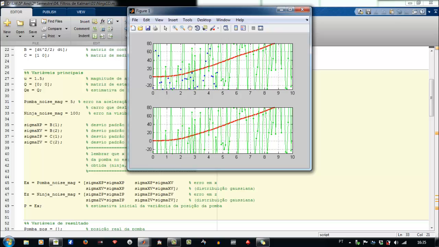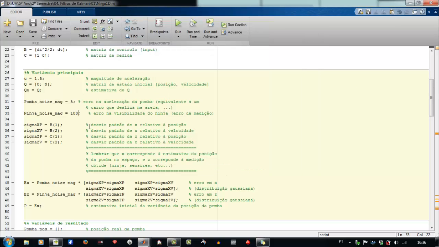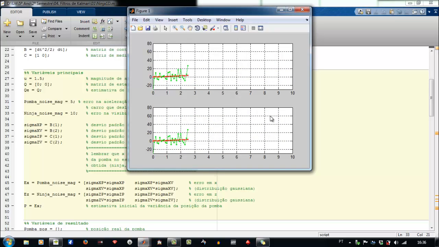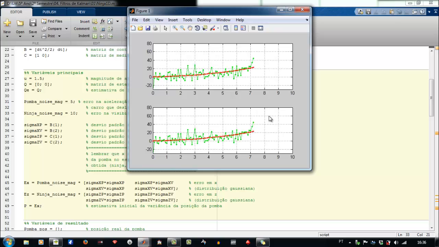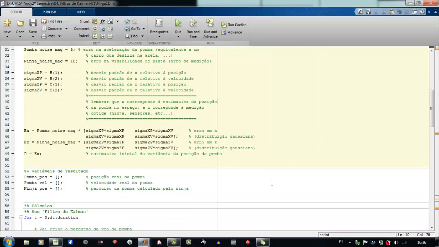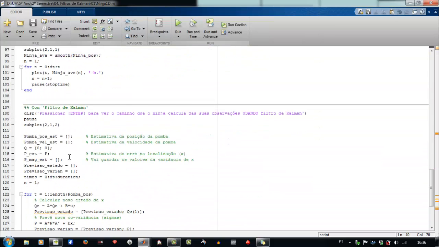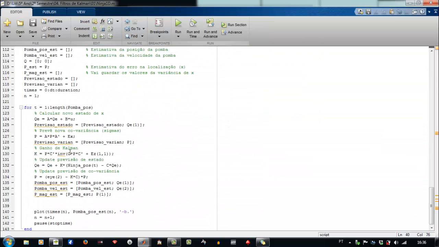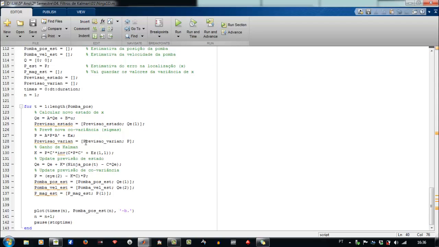This does not give anything good, but going back. Okay, this blue line represents the average of what the ninja sees. It is not that bad, but it's not that good either. Okay. The next thing that I've done, and this is easier to understand if you do this on paper, but